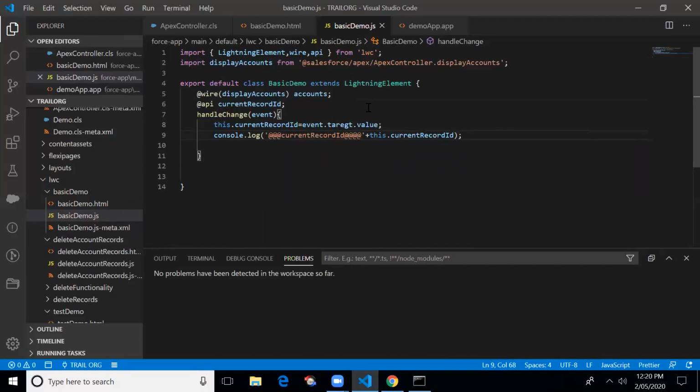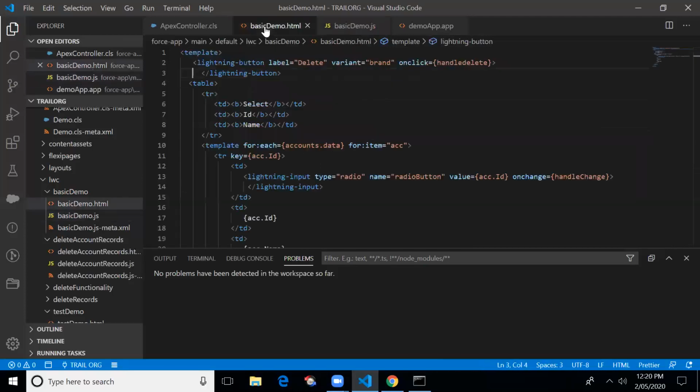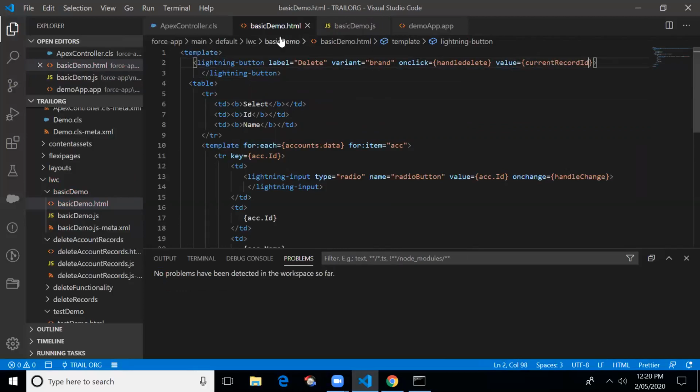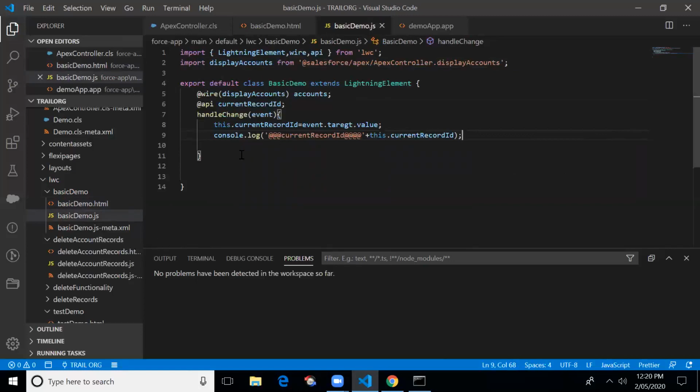Now we are getting the record ID, so I'll try to pass this ID to the button, with value equal to this.currentRecordId, because we'll be deleting this record. Next, on clicking of the button, we'll be deleting the record from the backend.